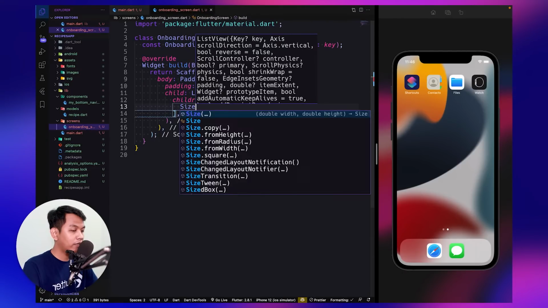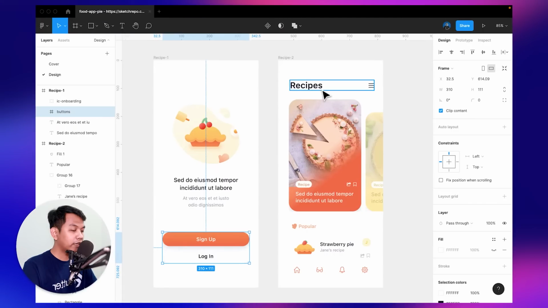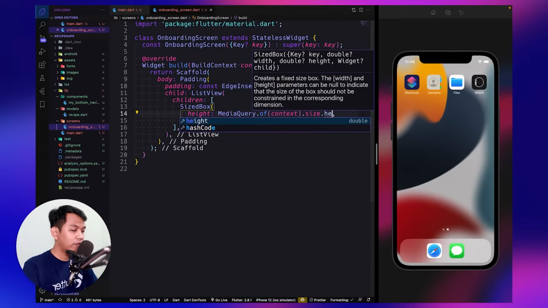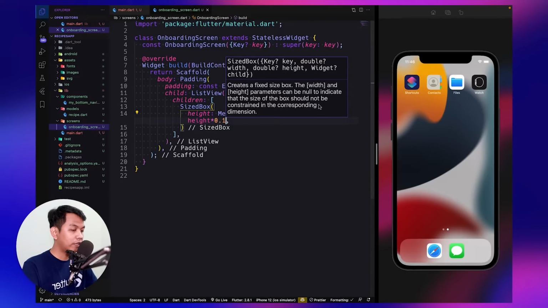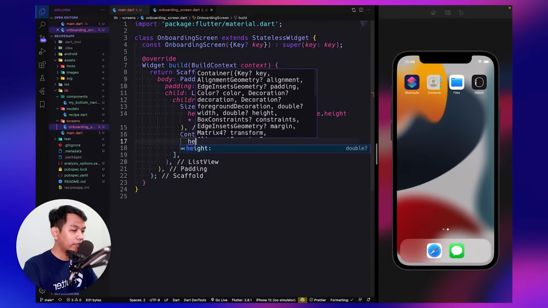For the SizedBox we use MediaQuery of context.size, which is height times 0.1, which means that we use a dynamic SizedBox using this MediaQuery. So the SizedBox will be 10% of the height for any device.